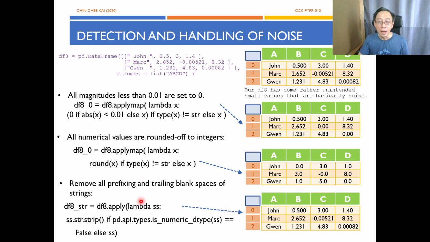So what do we do? Yes, we can applymap, check that if the type of x is string, then we process. Otherwise